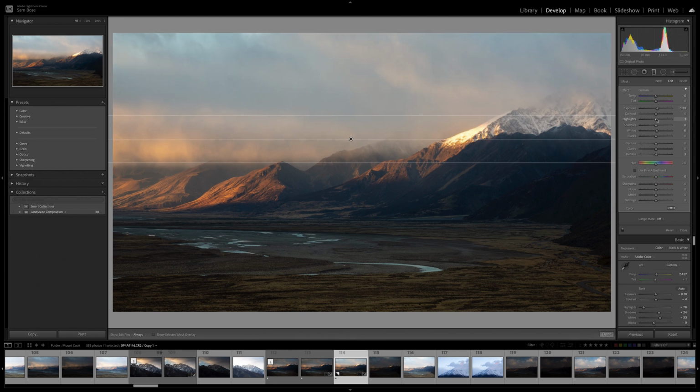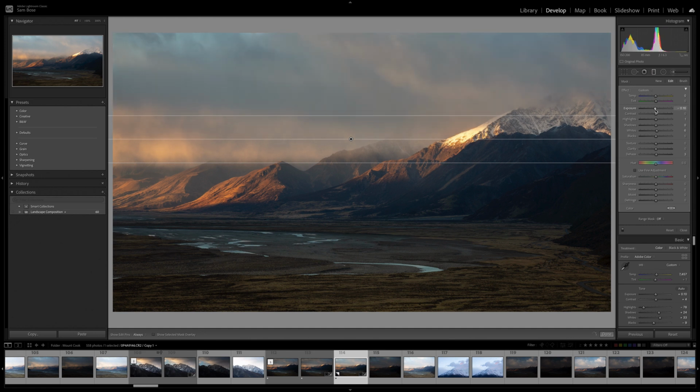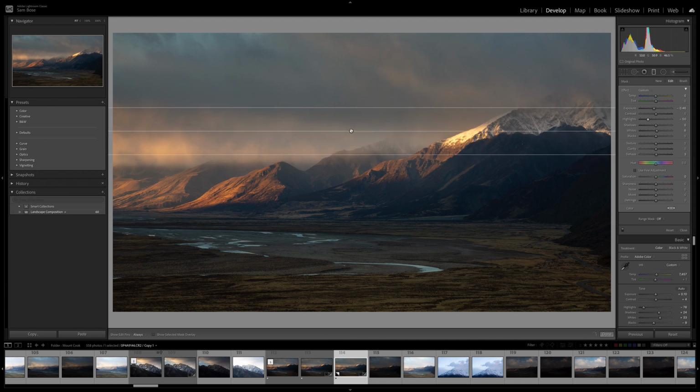and I'm just going to set everything back down here to nothing. I'm just going to drop the exposure down about half a stop or so, maybe, something like that. And also the highlights here, I just drop even further. Now, for where I've got this grad positioned, you can see I'm just hitting that snow slightly. So I'm just going to bring it back up a little bit so that it's not really affecting that snowy area. It's really just affecting the top area of this sky,